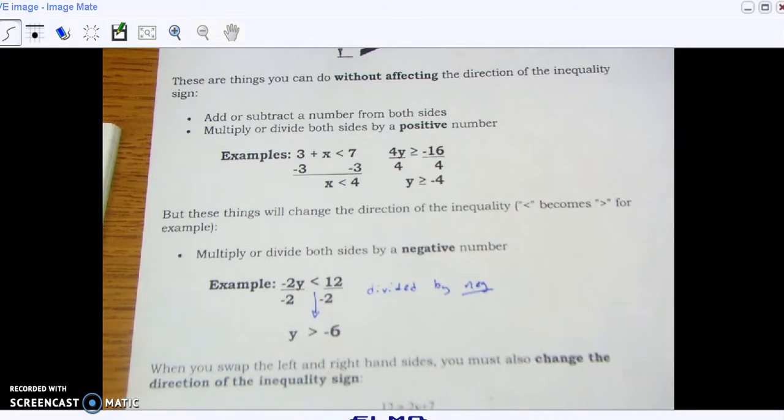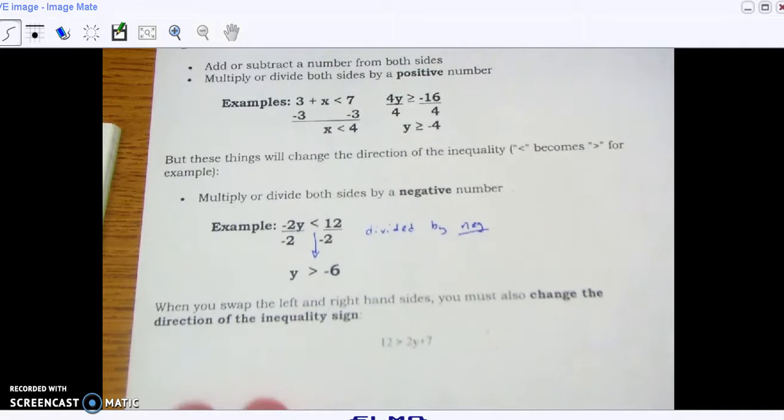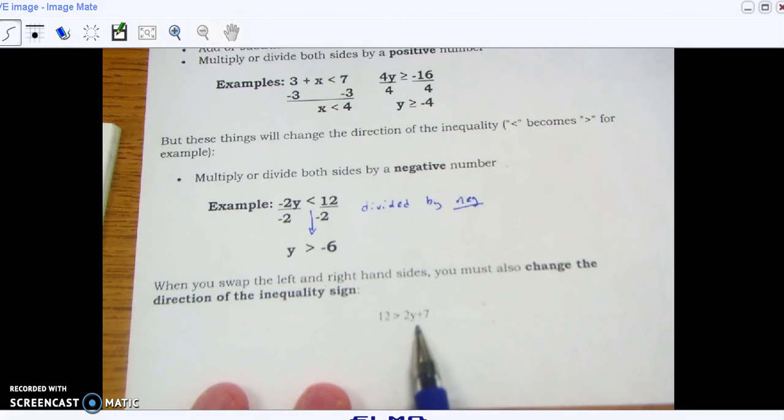Okay? And when you swap the directions, when you swap the left and right hand sides, you must also change the direction of inequality. Meaning when you put your variable over